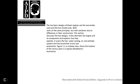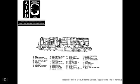Figure 1.1, a cutaway view, shows the location of the various parts of this type of diesel-electric locomotive. Alright, this is a cutaway view. There are 36 different parts: horn, steam generator, traction motor blower number 2, hot water heater, electric cabinet, toolbox, cab heater, engine control, sandbox and fillers, main generator blower, auxiliary generator,